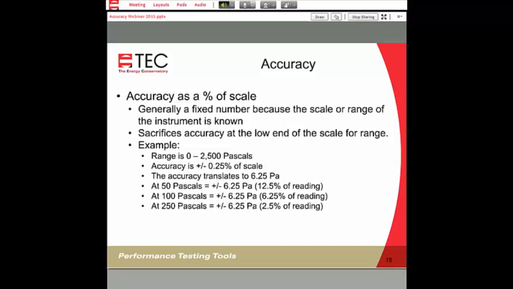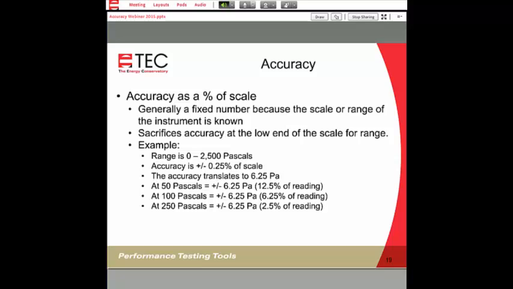So we're mixing up a couple of different pieces of terminology here, scale versus reading. But you should understand what that means, so that when you look at something that has an accuracy of scale, now we have to look at, well, what is the scale? What's the range of that particular product? And then see how that compares to our regular reading.